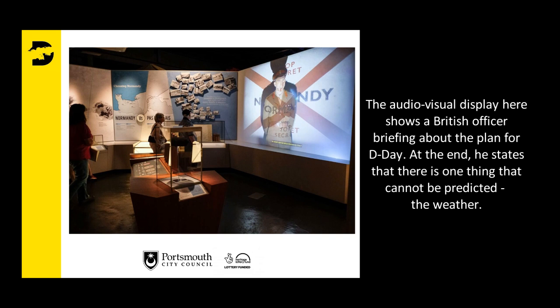And the audio-visual show that you can see in this picture on the right shows a British staff officer giving a briefing, and what he does is explain the background to how the Allies have arrived at this point, the campaigns that have led to 1944, how they've gone about developing the plan, how complicated it was. But the point that he leaves everyone with is that the only unknown that the Allies have to deal with